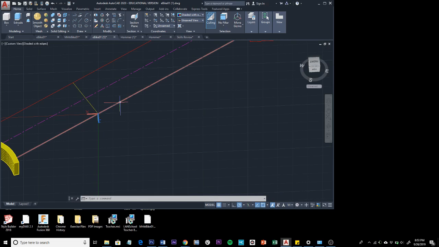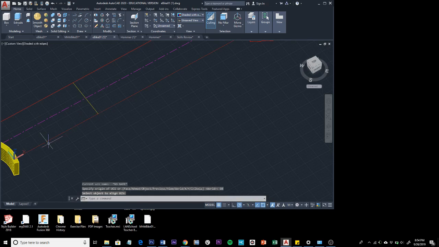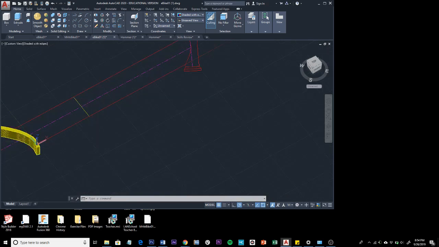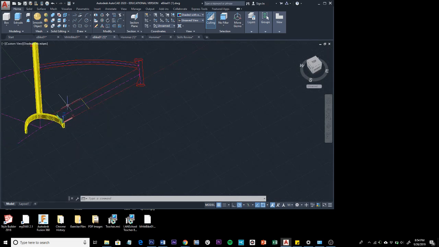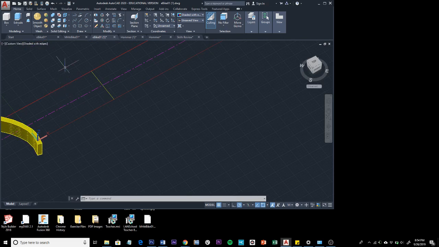So we want to force it to be parallel with something, so we're going to have to choose one of these lines. So let's go back to the UCS tool, choose Object from the menu. We're going to click on this line here. So now our X and Y are back to this drawing plane that we started with. So if we zoom out, our X and Y are here. So we'd be drawing on this surface. So if I drew a circle right now,